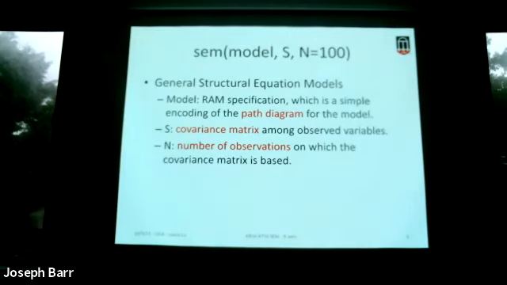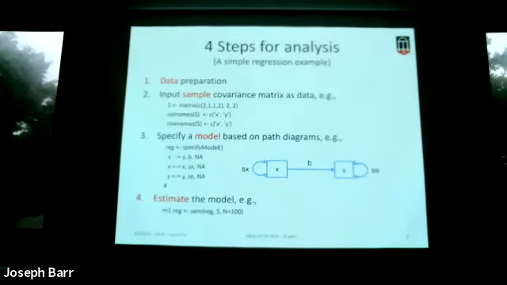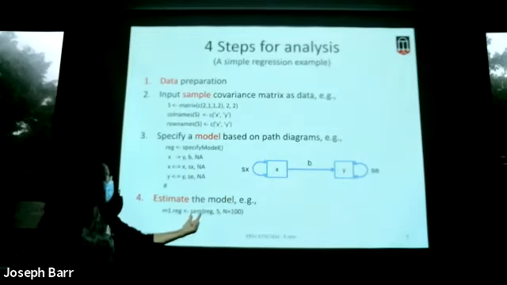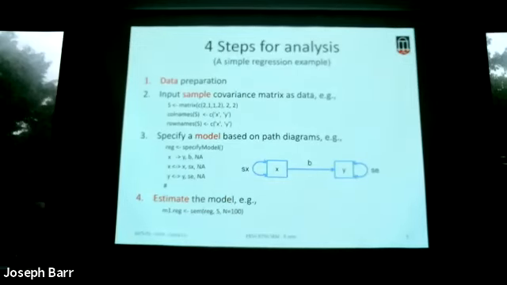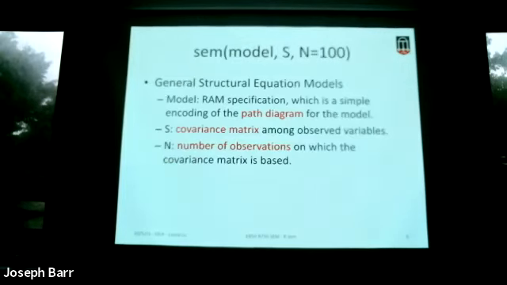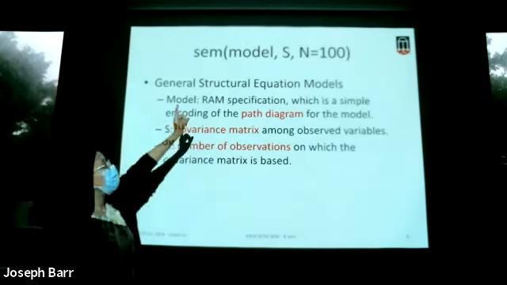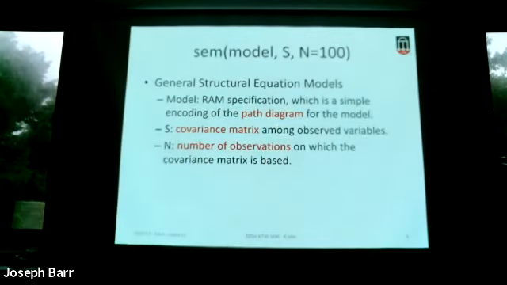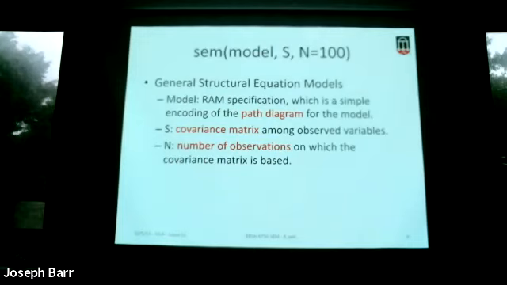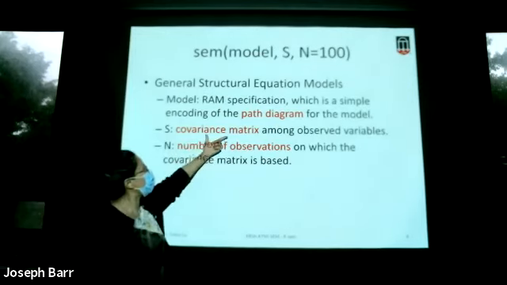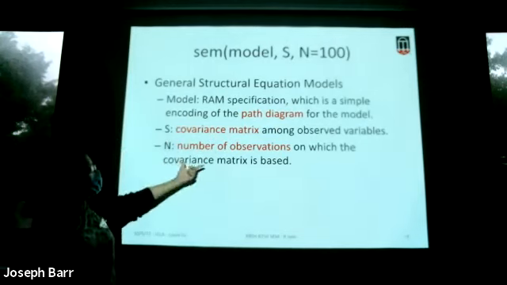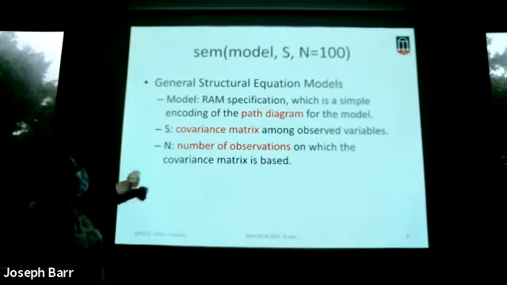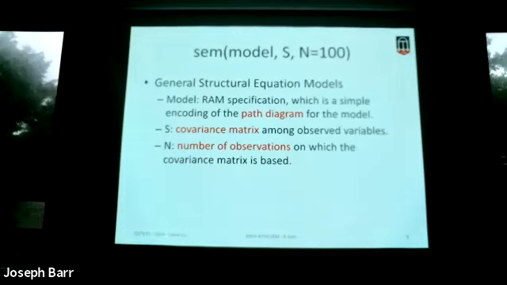And the fourth step, estimate model. We are going to use the function SEM. And again, three parts of information: the information of your model, your sample covariance matrix, and sample size. You provide this information, and then we do the estimation for you. This step does the estimation. We specify that the covariance matrix is from the previous steps, and the sample size, you have to make sure you know the sample size. The model, you specified in the previous step.